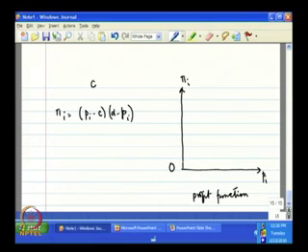Now, if Pi is equal to 0, this profit is a negative quantity, which is minus C alpha, which means it has a negative intercept. Given that it has a negative intercept, at what points does this profit function intersect this horizontal axis, that is